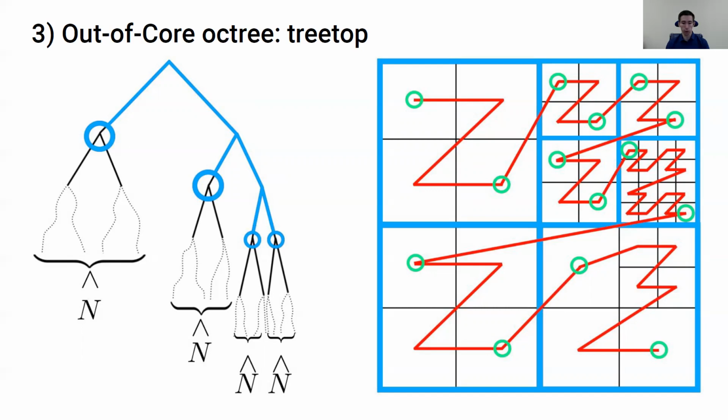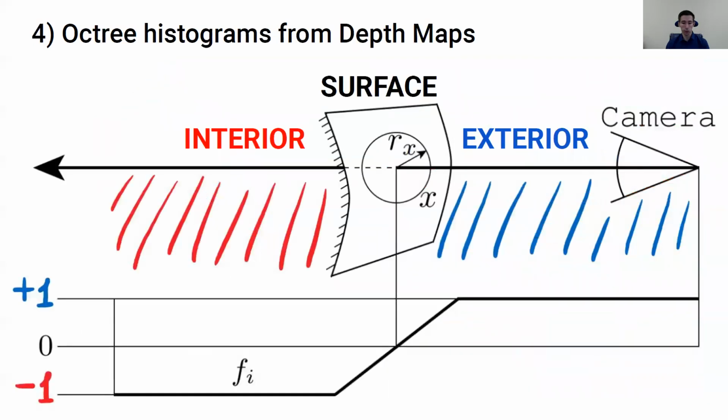Now, for the sake of the out-of-core property, we can process the scene space part by part in an I/O-friendly style by processing no more than N octree cubes at a time. In further minimization iterations, it is beneficial to work with compact histograms of octree voxels instead of depth maps. They can be converted by projecting each voxel into a depth map to add the vote of that depth map into the corresponding histogram bin of the cube.